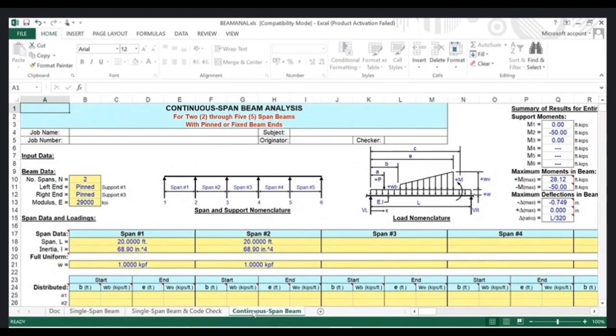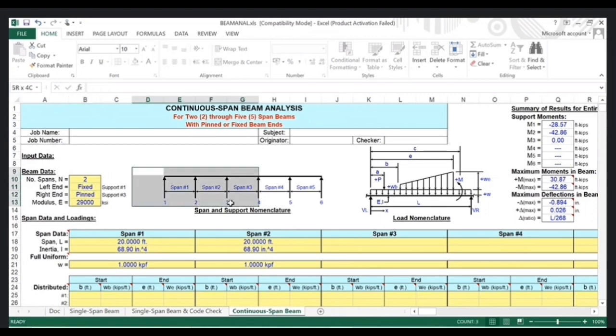And from the available supports we choose our spans. Okay. So the first example I take is the two span beam. In a 2 span continuous beam, there are 3 supports, and we just check that the first support will be fixed, and the second support we get pinned. Okay, so this is our beam like this one only.